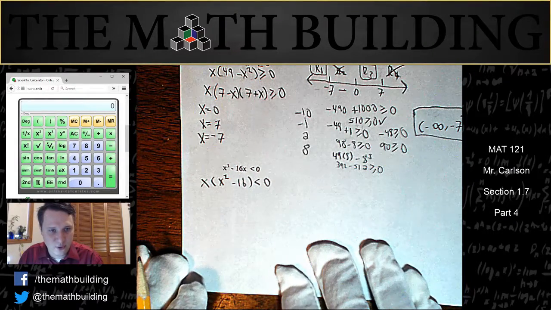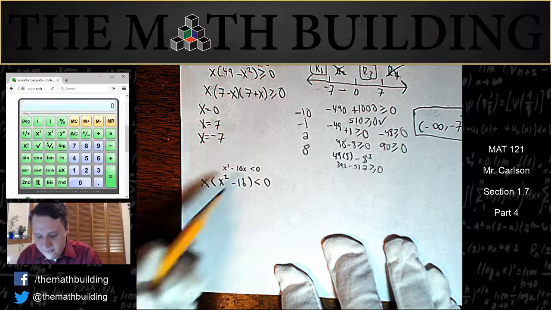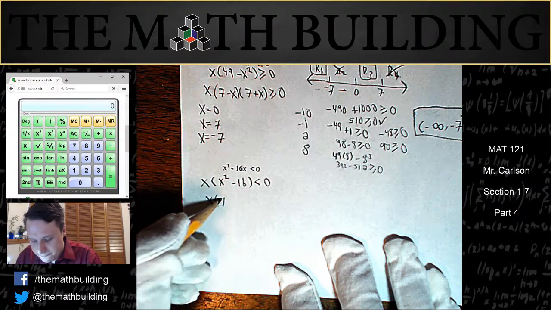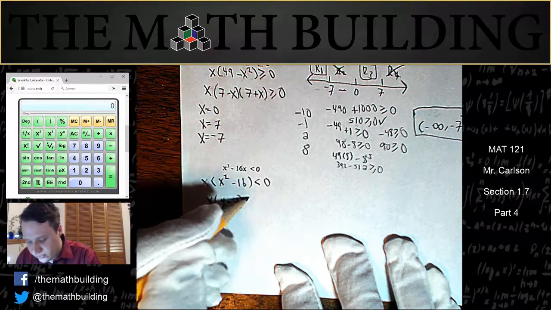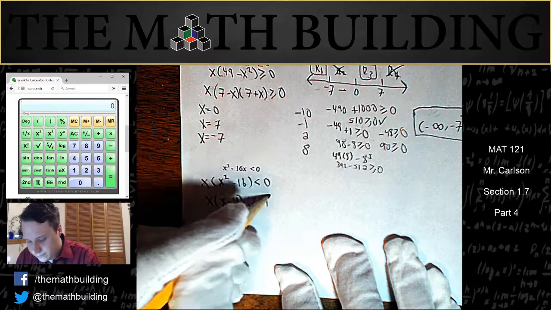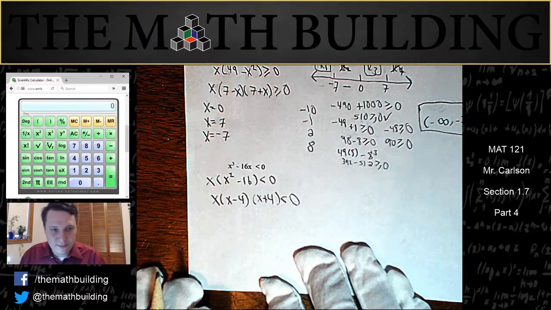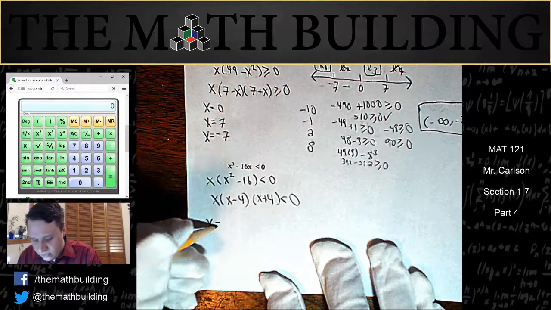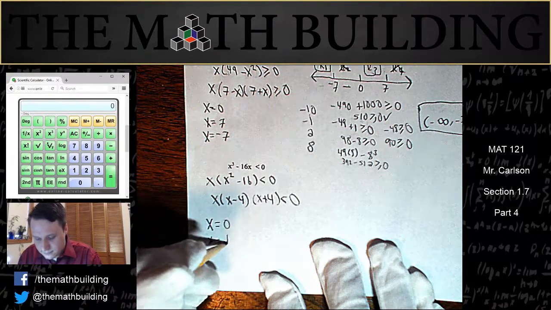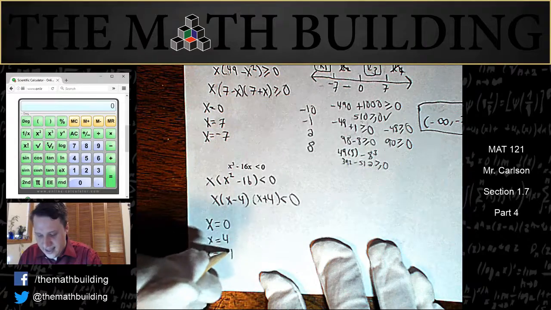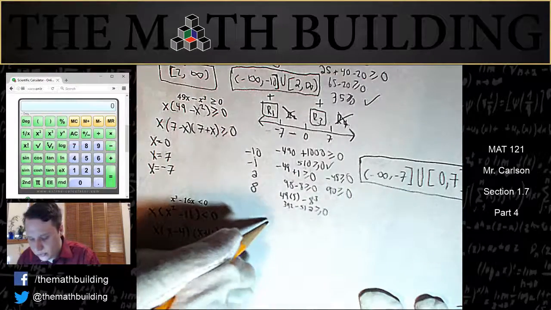So x times x squared minus 16 is less than 0. Factor the difference of squares here. So there we go: x times x minus 4 times x plus 4. Our critical values are 0, 4, and -4. So if we draw our little number line,